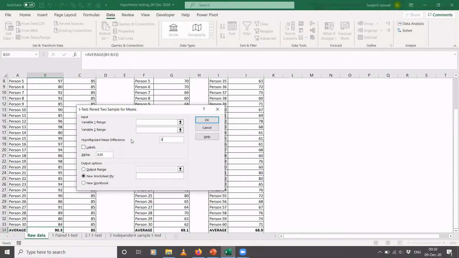We take the null hypothesis that it is not true. Once we prove that the not-true is false, that means the true is positive. So we always take the null hypothesis as the opposite of what we want to prove, and then we compare it with the alpha value, which depends on the confidence level.